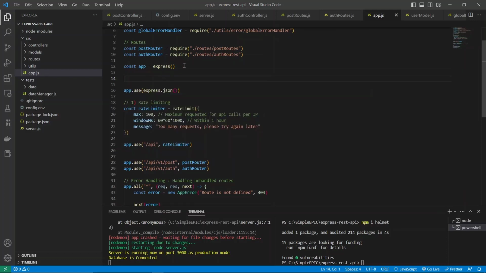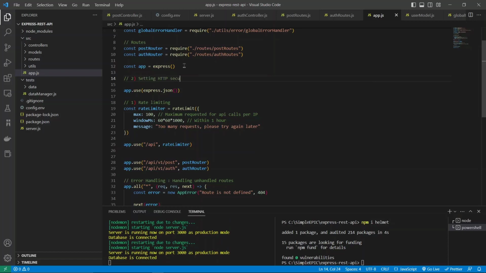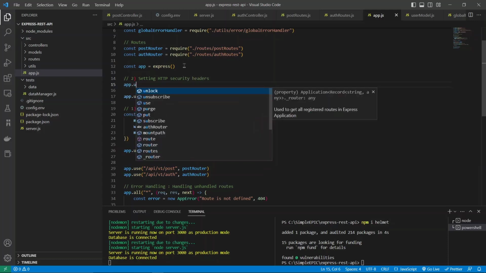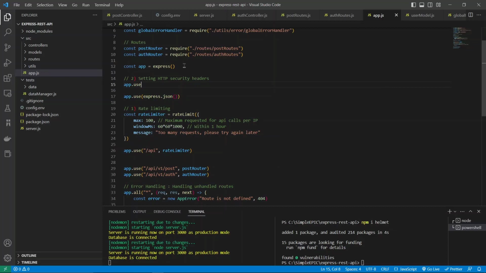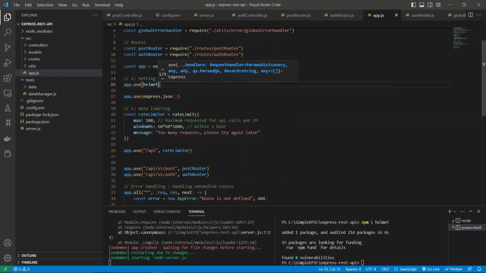So let's say second is setting HTTP security headers. So app.use, and let's say helmet,